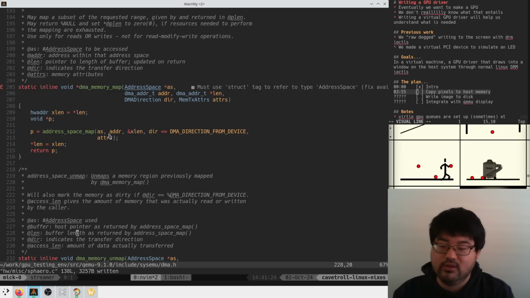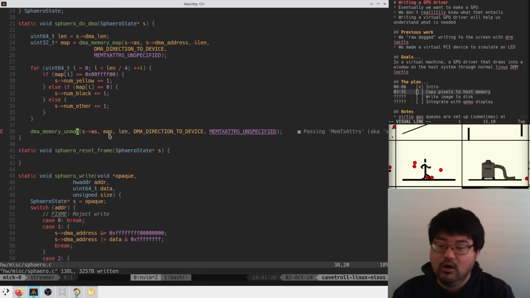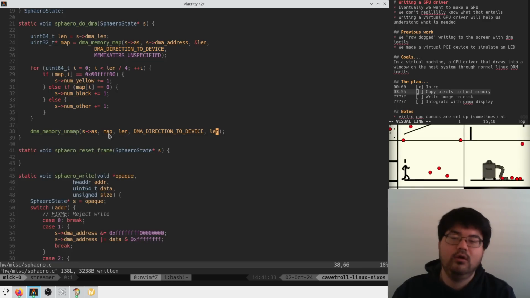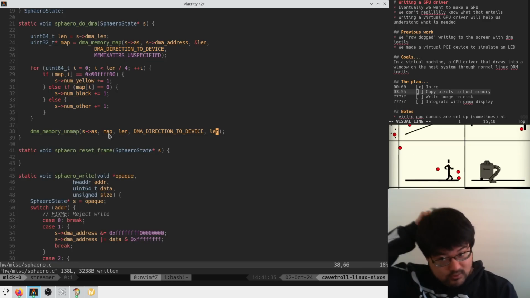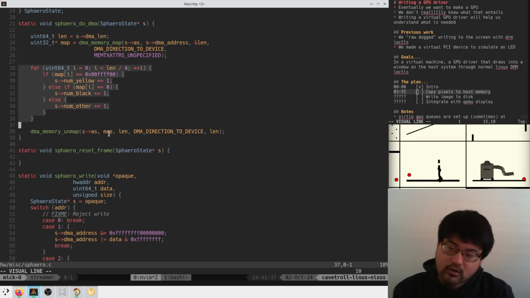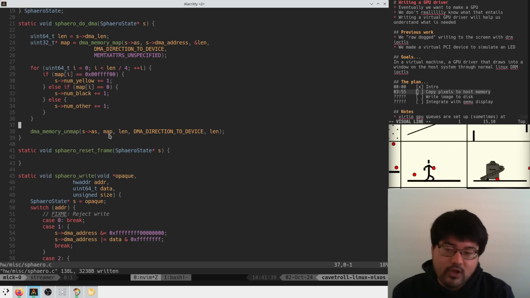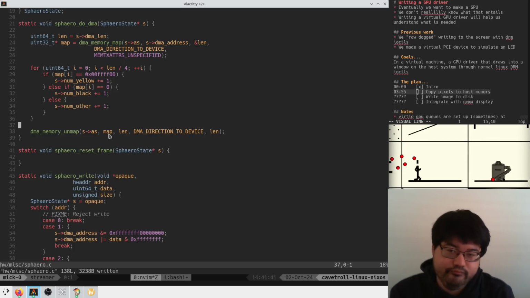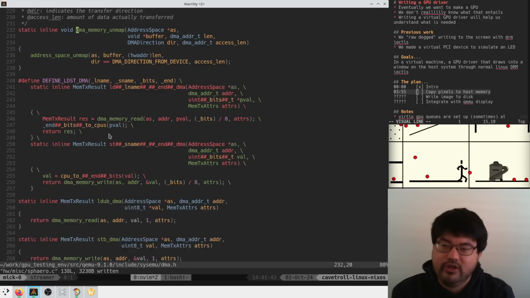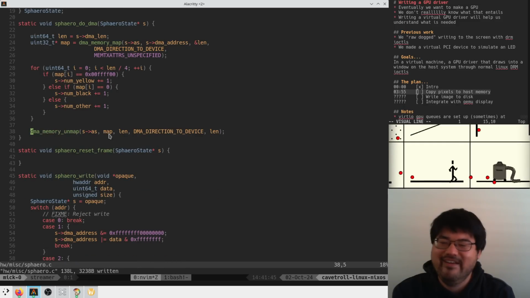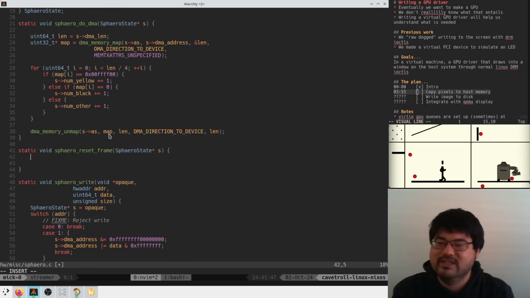Len is the buffer length as returned by address space map. So I guess we just type len again. Probably. Right? Because we're touching every single block here. I guess. I don't know. And then here we'll say printf